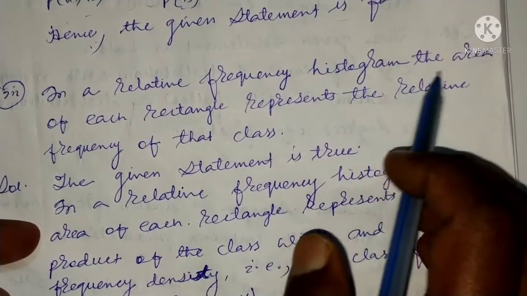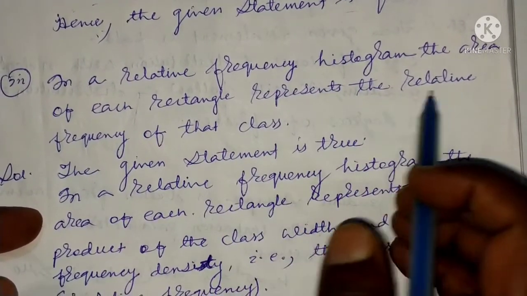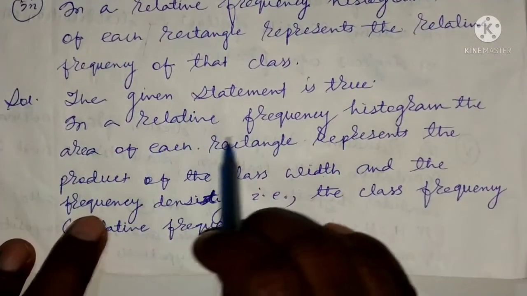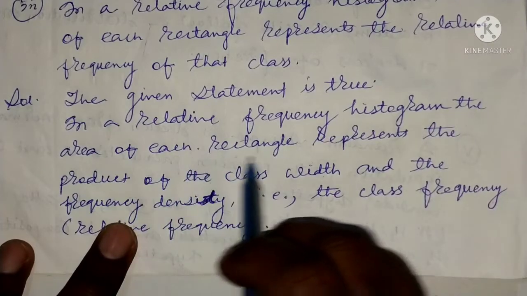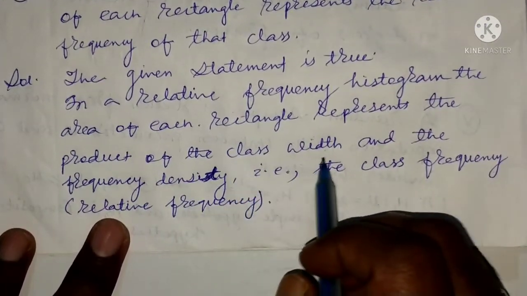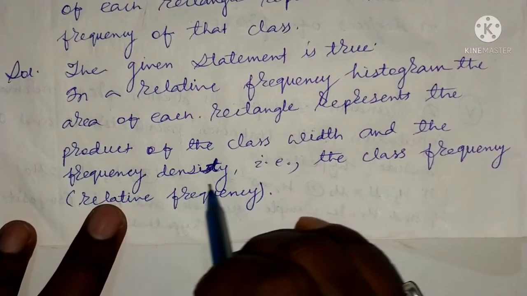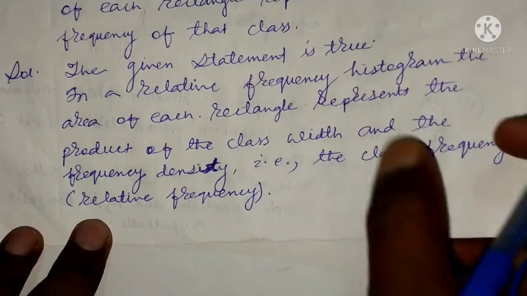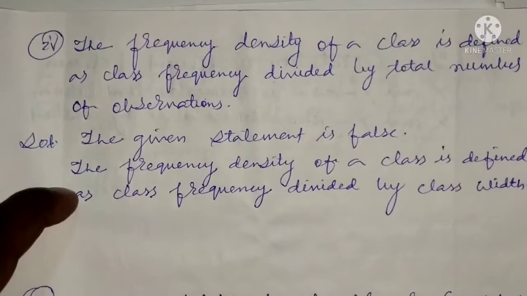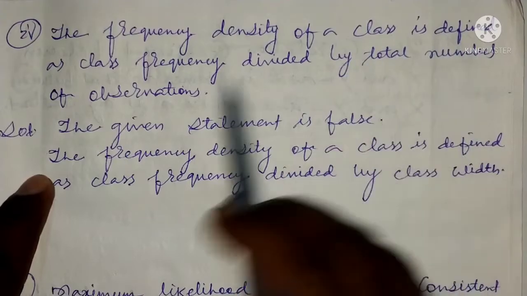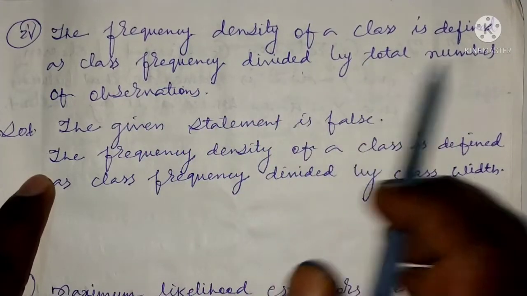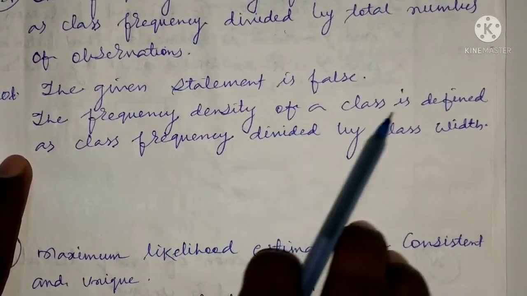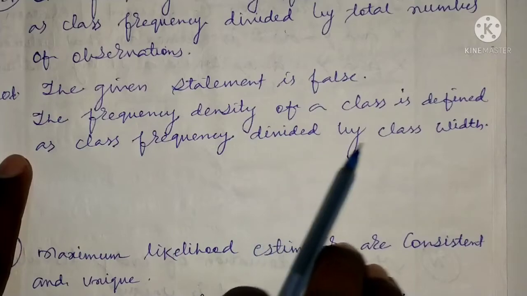इसके बाद अगला है, in a relative frequency histogram the area of each rectangle represents the relative frequency of that class। तो हम कहेंगे the given statement is true। In a relative frequency histogram the area of each rectangle represents the product of the class width and the frequency density, that is the class frequency। Okay, इसके बाद अगला, the frequency density of a class is defined as class frequency divided by total number of observations। तो हम कहेंगे the given statement is false, the frequency density of a class is defined as class frequency divided by class width।